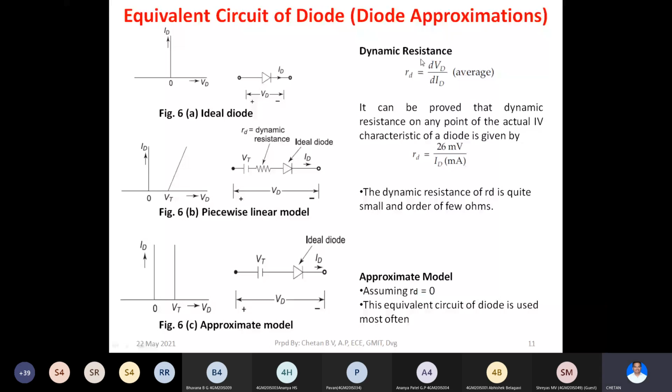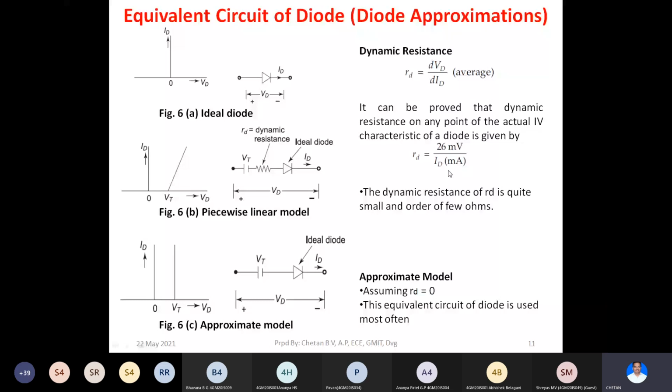So this diode exactly behaves like a switch. Whenever you increase voltage just beyond Vt, it will give you a rapid increase in current. So this complete thing is the piecewise linear model for the diode. This piecewise linear model accommodates two parameters. First, it accommodates Vt. Second, it accommodates dynamic resistance Rd. This dynamic resistance Rd is approximated by this equation, which is 26 millivolt divided by Id. So this is V by I, R equals V by I.